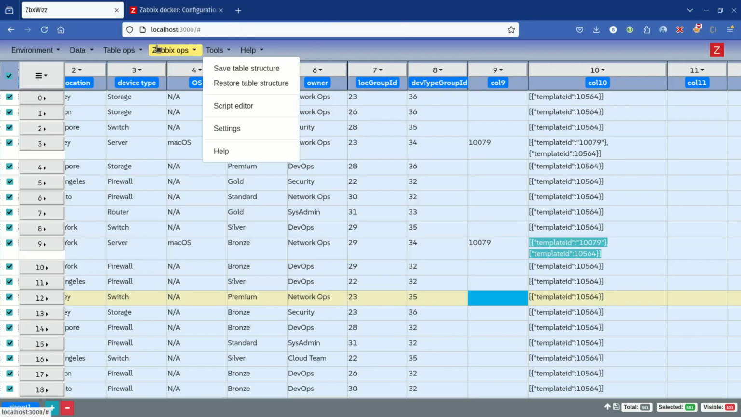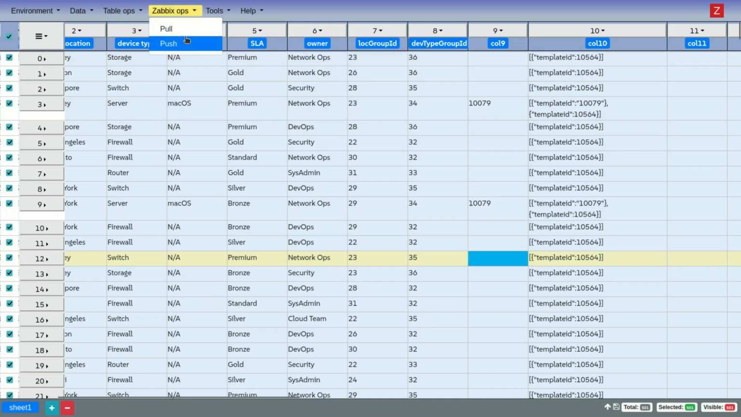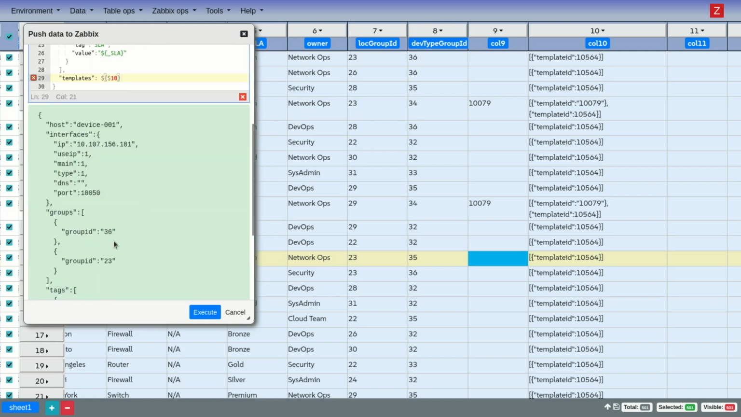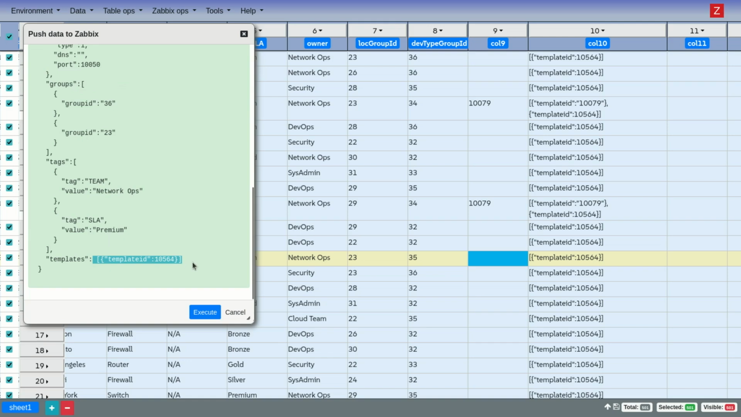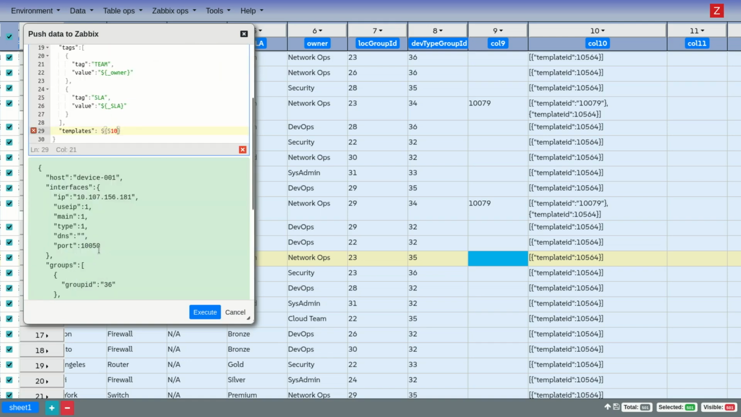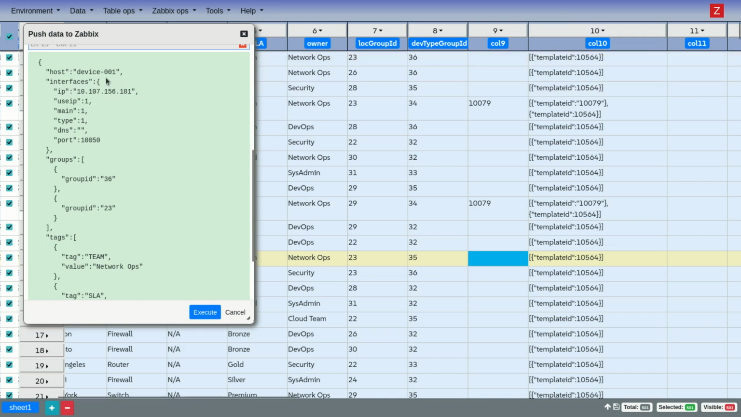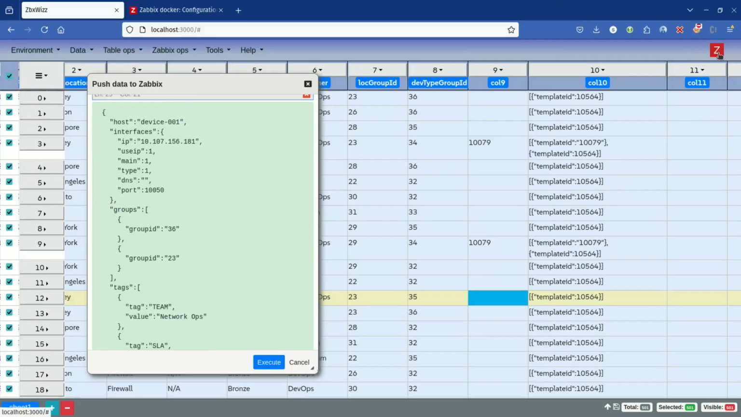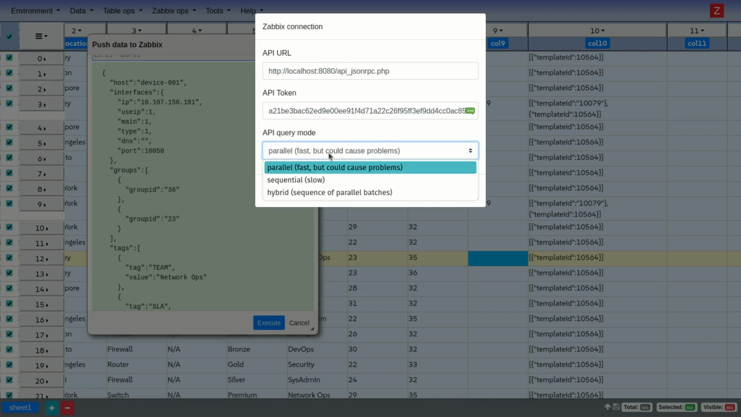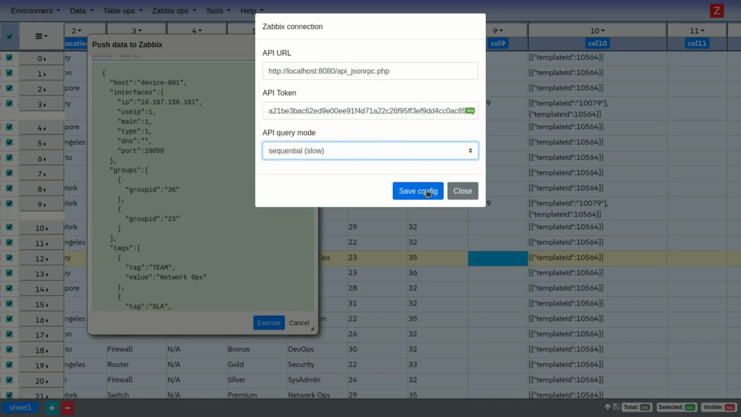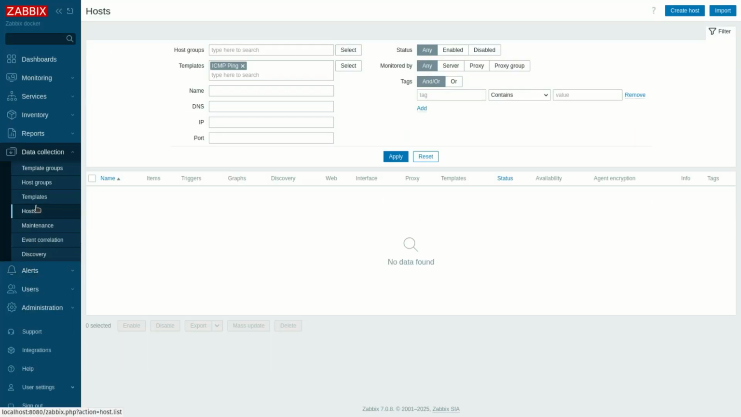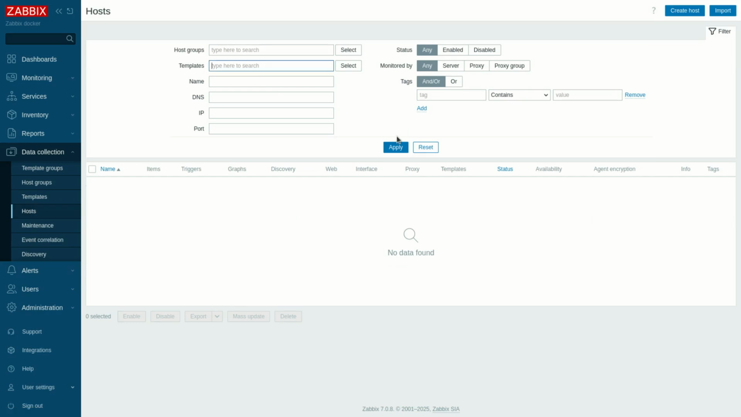So let's get back to our request, push templates, and I'm just going to reference directly the column 10, and you can see it here nicely rendered. Now we are basically almost ready. Before proceeding to execute this request, remember, as I told you, let's switch to sequential, not to break something. Save config. By the way, let's check the